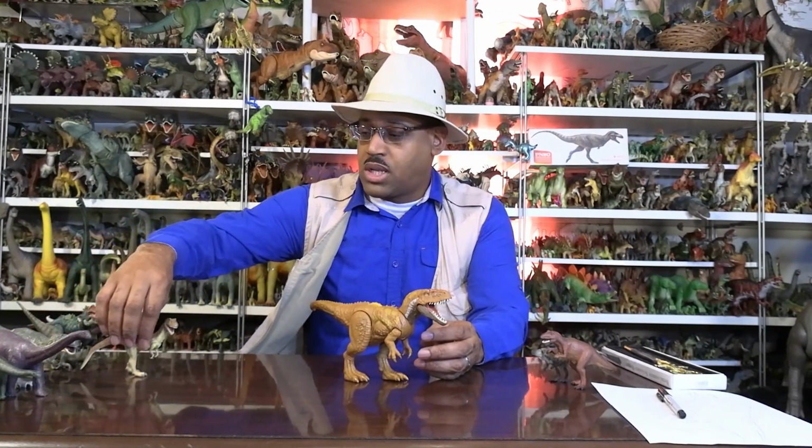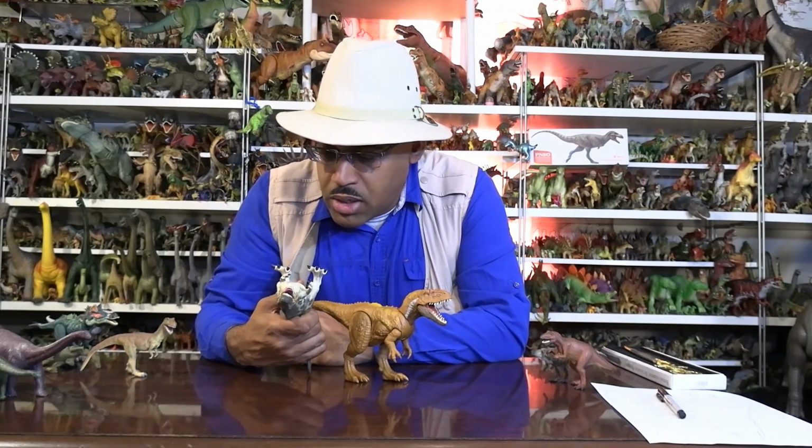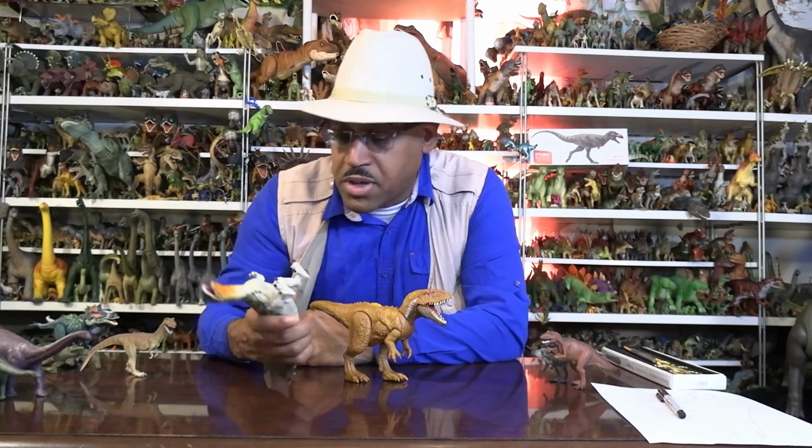But when it comes to family trees, I will say pretty confidently the closest member in toy world we have to Megalosaurus is an animal called Eustreptospondylus. So if you saw Walking with Dinosaurs, the Jurassic Sea version, you saw this figure. This is the one I bought from a museum gift shop. 2001, made in China. So this is actually the exact model of Eustreptospondylus that's seen in the